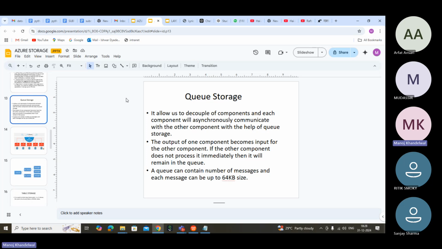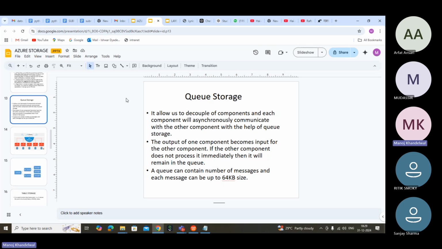Clear now? Okay, for every microservice there's a queue. Is this clear, Sanjay? Yes, Manoj.